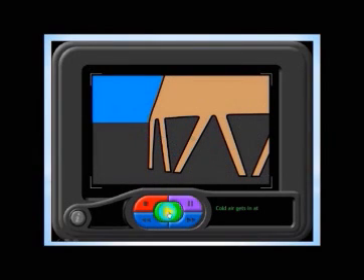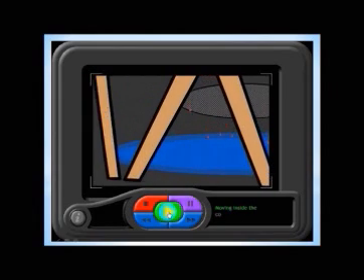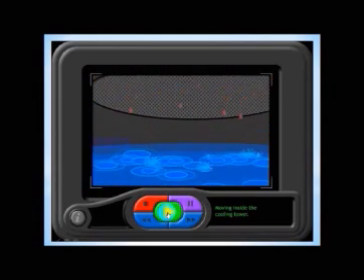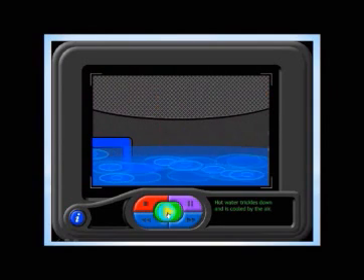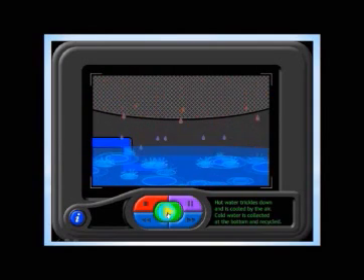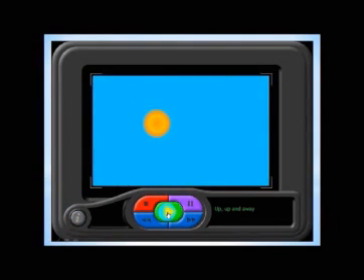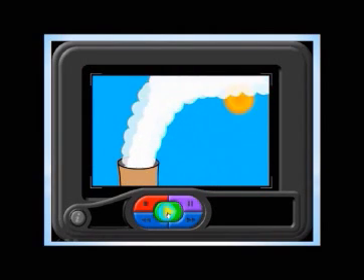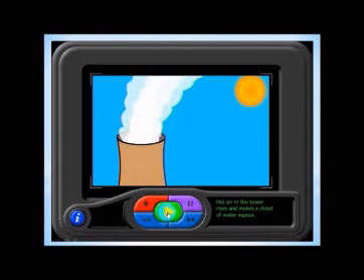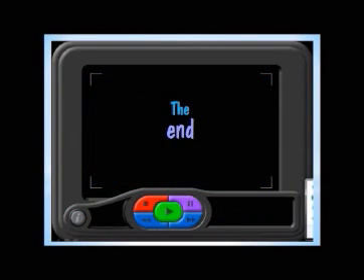Now here is the bottom of the cooling tower. Cool air gets in at the base of the cooling tower. Now let's look at the internal structure of the cooling tower. Hot water trickles down and is cooled by the air. Cold water is collected and sent back to the industry, for whatever purpose we are going to use it. And after that, this is the whole structure. We can see that hot air in the tower rises and makes a cloud of water vapor. So this is the working of a cooling tower, described in a few seconds.